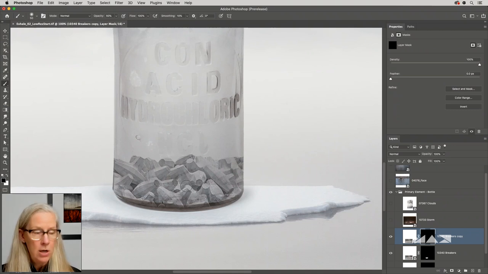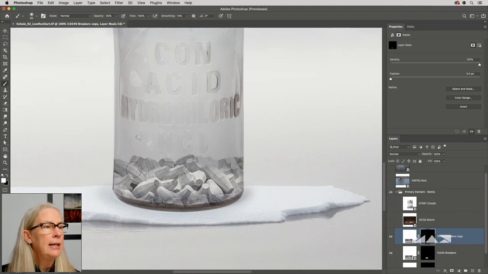And then I'll hide everything by just filling that mask with black. And then with my paintbrush, as long as it's set to white, maybe 50%, I can start painting in this area. And not only do I hide, I'm actually revealing the contents of the layer. So it's hiding that line across there. It's also brightening up these breakers in some points, which I think is going to make it more interesting.